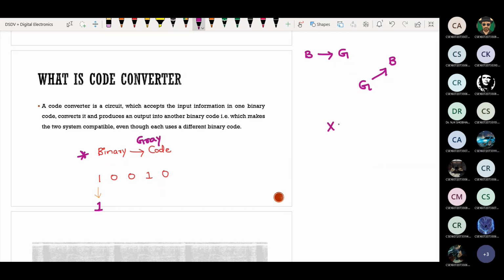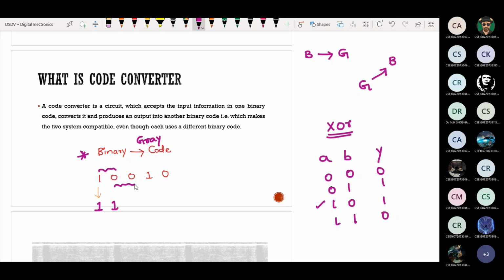Can someone tell me the truth table of XOR? 0 1 1 0. If the inputs are the same, the output will be 0. Now tell me, what is the XOR between 1 and 0? 1.